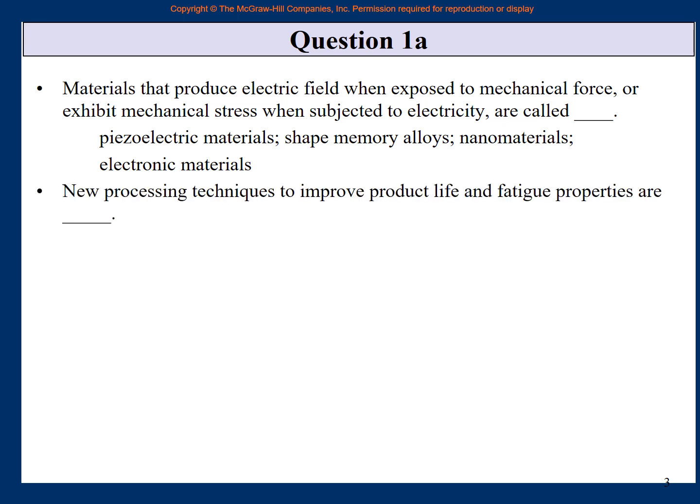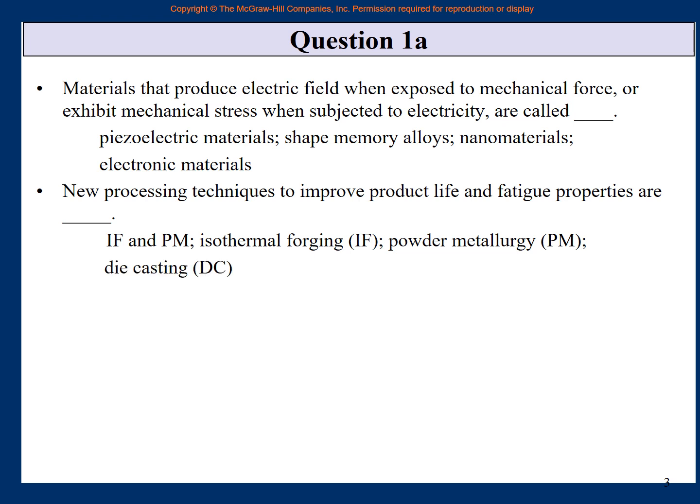Second question, new processing techniques to improve product life and fatigue properties are which ones? Isothermal forging IF, powder metallurgy PM, die casting DC, and the choice IF and PM, which means isothermal forging or powder metallurgy. If you had gone through chapter 1, which was just modern materials and so on, then this answer, isothermal forging and powder metallurgy, are the techniques that improve product life and also the fatigue properties. Next question,